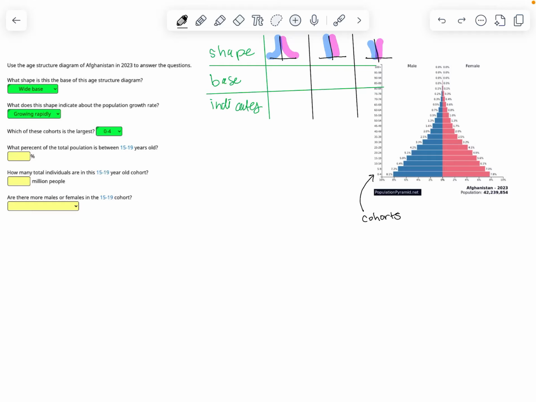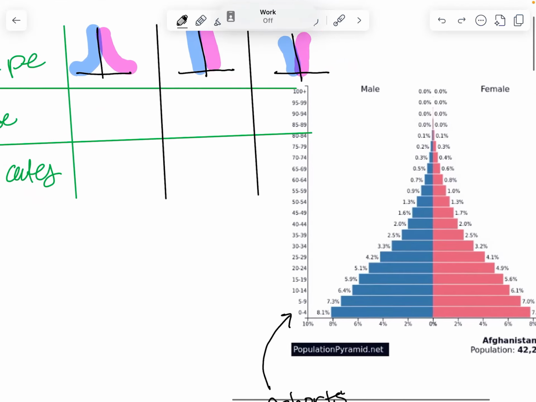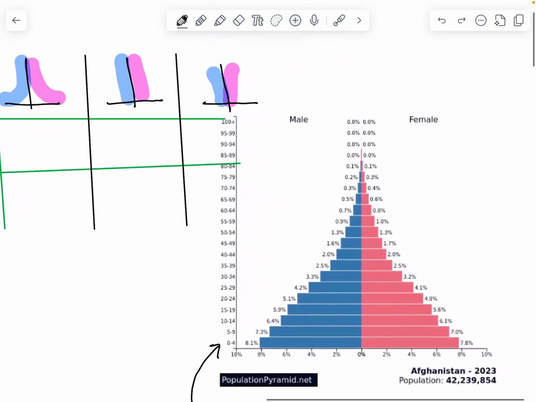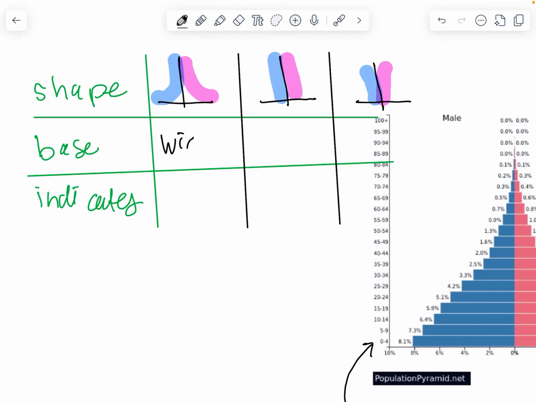We're going to look at some population pyramids. On the population pyramids, you're going to first look at their shape. There's three main ways you'll see the shape. You'll be organizing them by their base. So they could either have a wide base